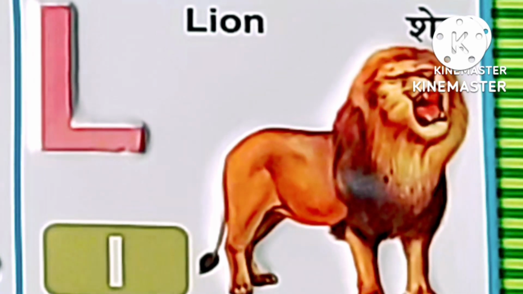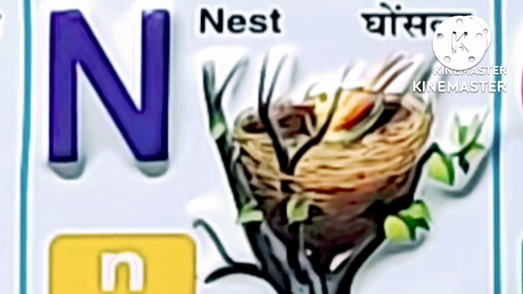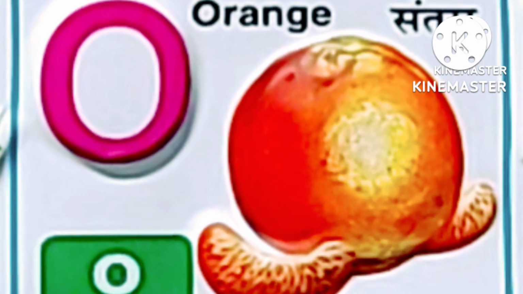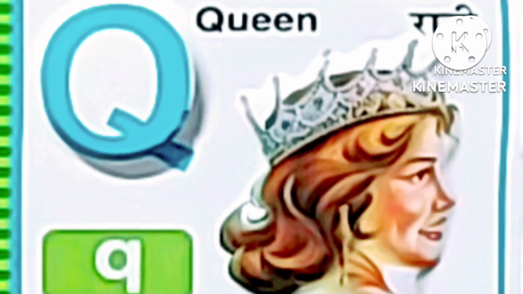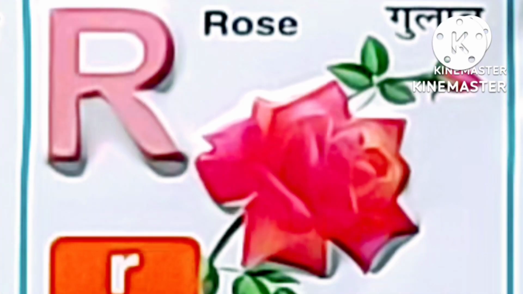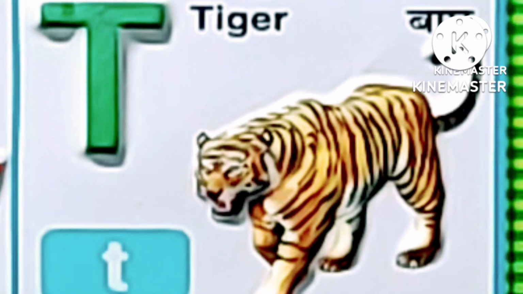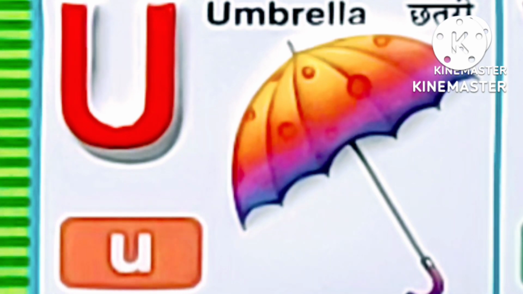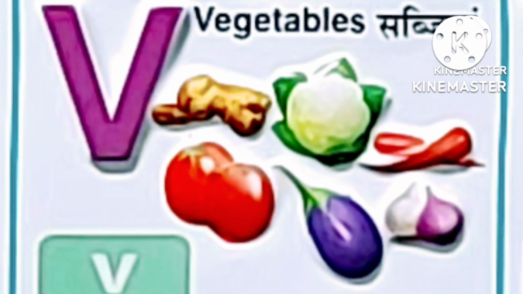L for lion, M for mango, N for nest, O for orange, P for parrot, Q for queen, R for rose, S for sheep, T for tiger, U for umbrella, V for vegetables,